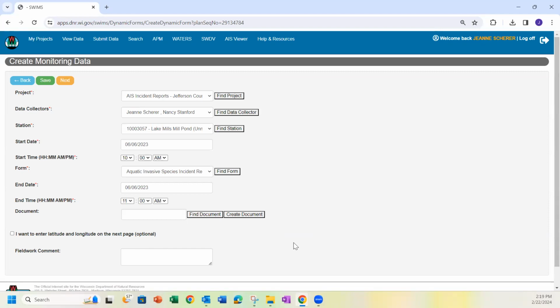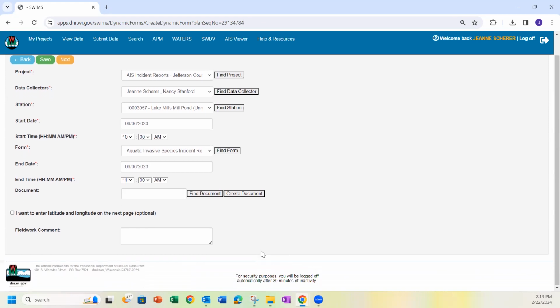So if you need to send some additional pictures or information such as a report that is a little broader than what you can capture in the fieldwork event, just send that to your DNR AIS regional biologist and then they will take it from there. Then you can add fieldwork comments. So I could say we were just out kayaking and we happened to see this yellow iris blooming on the edge of the mill pond. Then I would click next